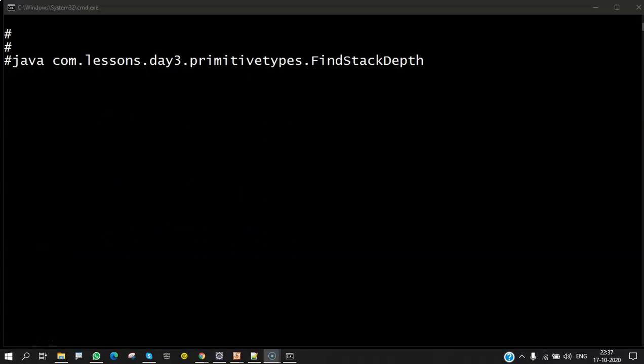I've compiled this code. Look at the fully qualified name of this class, com.lessons.day3.primitivetypes.FindStackDepth. So I'm about to run it, and when you try to run a Java class from the command prompt, you would have to use the fully qualified name. And when I run this, it should print the value of deep as it iteratively keeps calling each other.